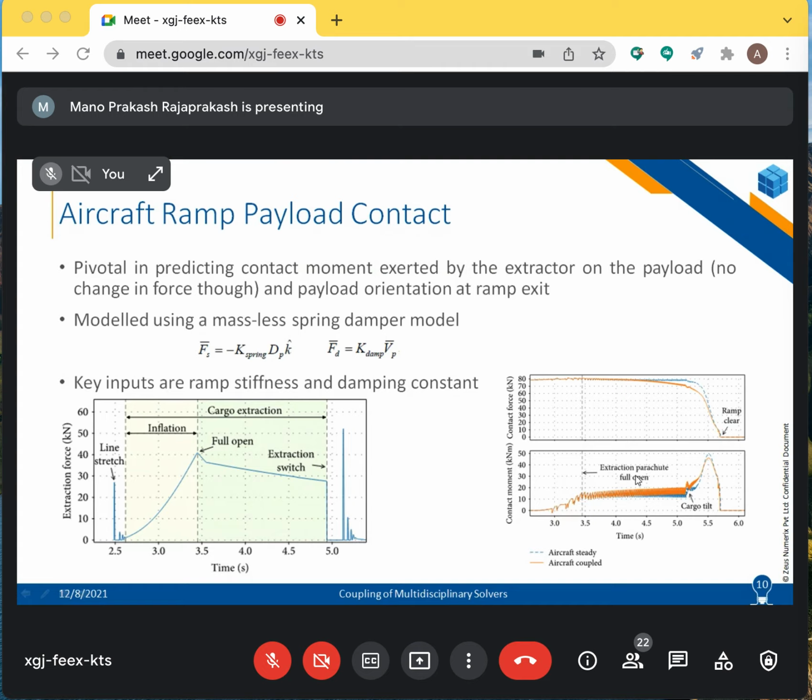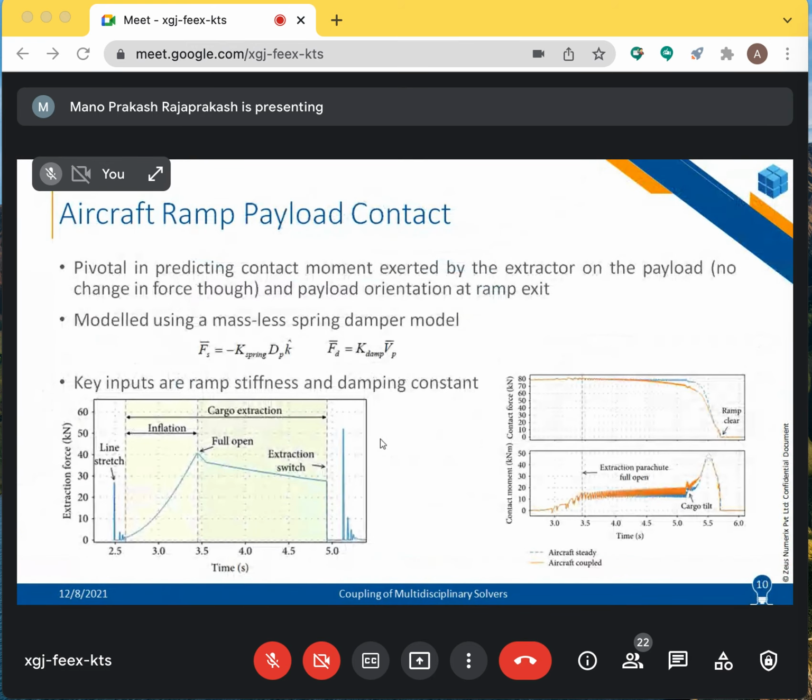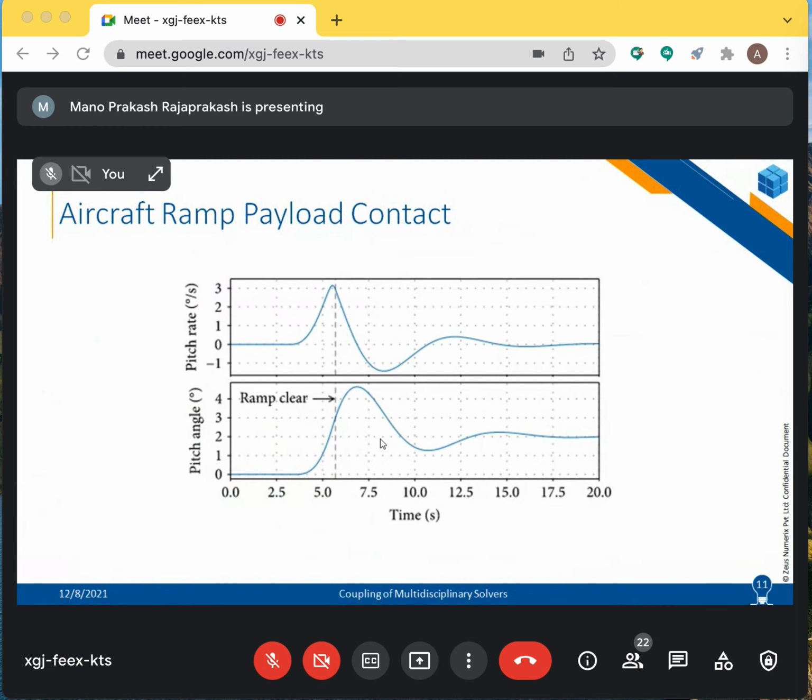So these are the main aspects of modeling the parachute. Here the focus is to show that there is a very strong link between the parachute, what we have in the system, and the payload that is being extracted. The choice of the parachute, what size of parachute to be selected, whether it should have only one canopy or two canopies, all such decisions are very important in modeling the contact. So yeah, I am now moving to the next slide.